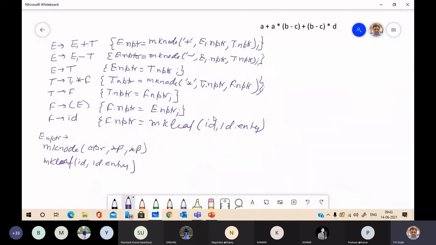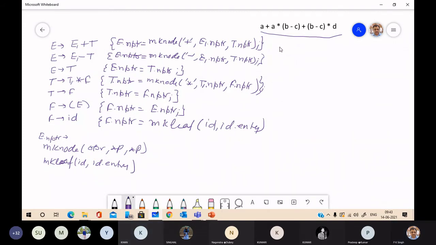This is syntax directed translation, meaning these semantic rules through which you can give the syntax directed translation scheme. Now we have this string to be parsed using this scheme. So just recall how first we will shift.